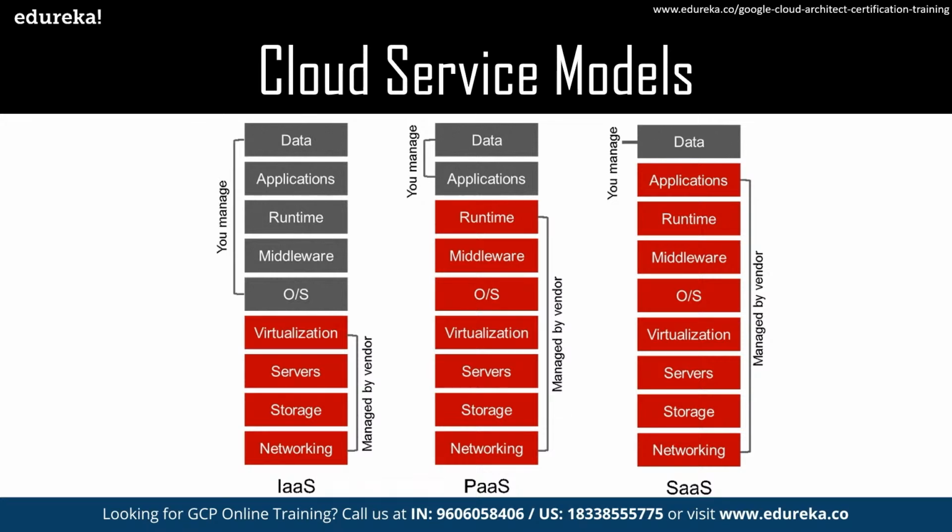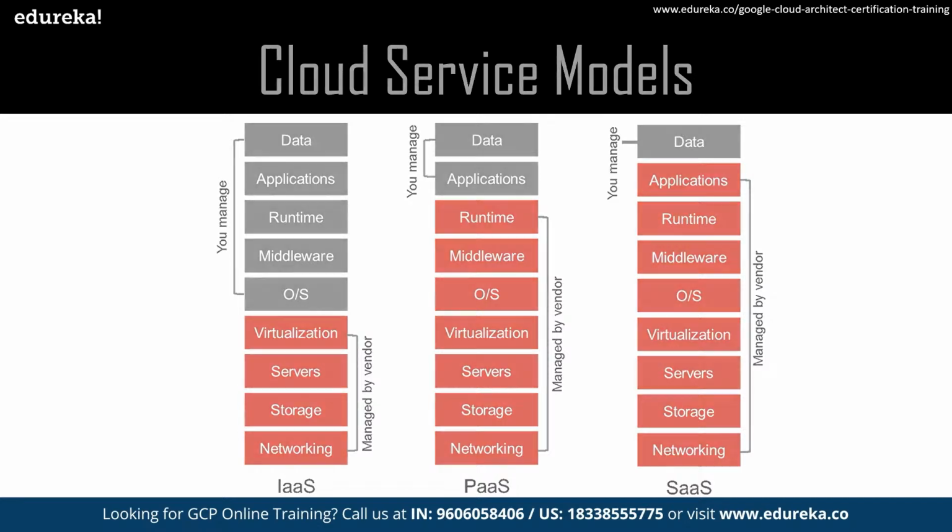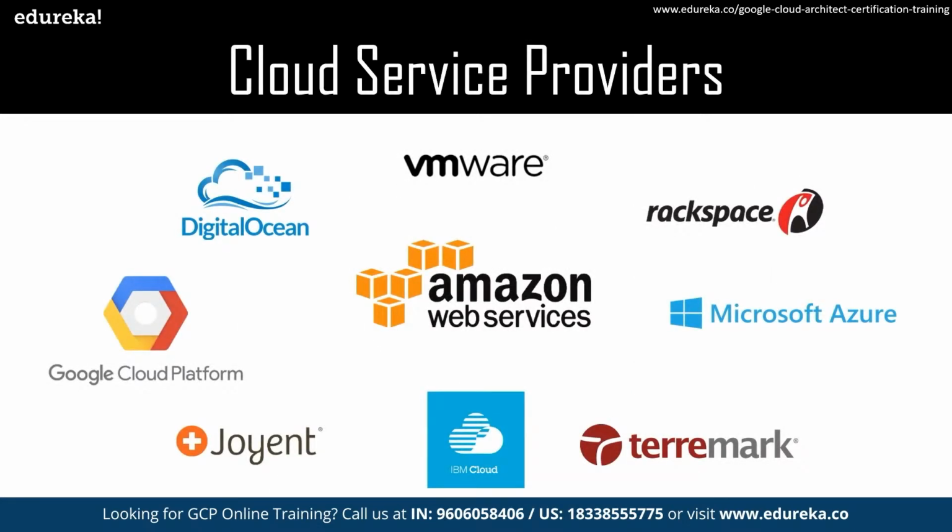Why do we need it? And we've also understood what are different cloud service models. Let's now go ahead and talk about some other bits. So when you talk about cloud computing, right, this is not a monopolist or monopoly based market. We have various cloud service providers that are there in the market that provide services in different domains, right? You have something like Amazon Web Services, Microsoft Azure, which hold a very large market share in the public cloud. Now, we've not discussed what deployment models are, but with time, I'll throw some light on that as well.